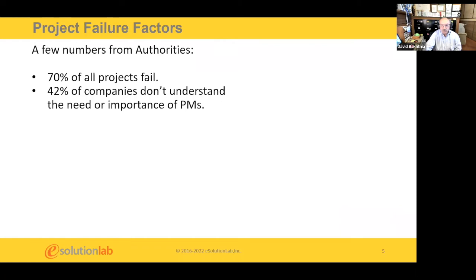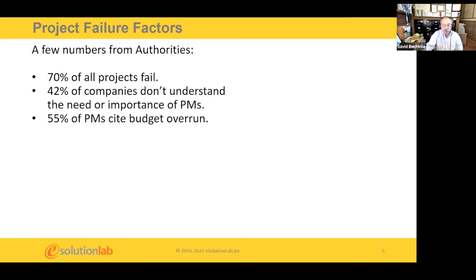70% of all projects fail. 42% of companies do not value the importance of project management. Last night I was talking with a friend, a retired CIO, president of a section at Cisco, and I was sharing a few of these points. He pointed out, David, 20 years ago, anytime we heard about project management at Cisco, we were saying that's an impediment by itself. Now we realize that project management is so important. That's the voice of a retired CIO. And that is what we're seeing in different